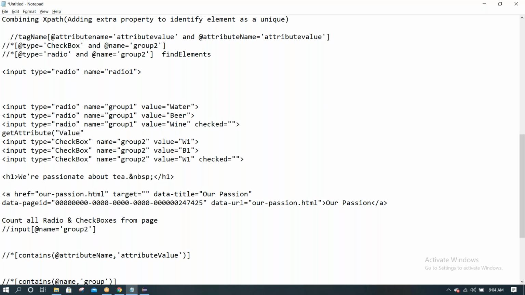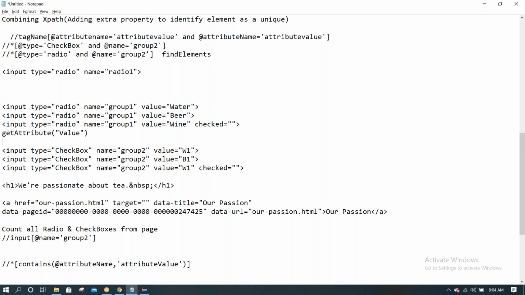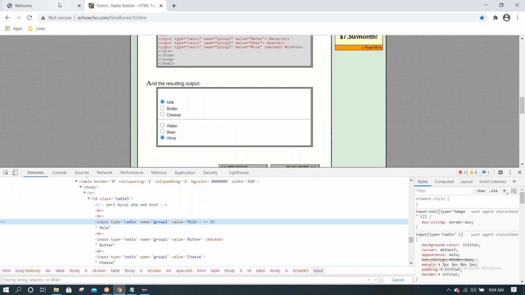Get current URL, what it is doing is capturing the URL from the window. I want to see the selected value from the radio button or checkbox, something else. If an attribute contains a value that we are looking for, that attribute we are using. In this case, the attribute value, the property name, is also given as value.